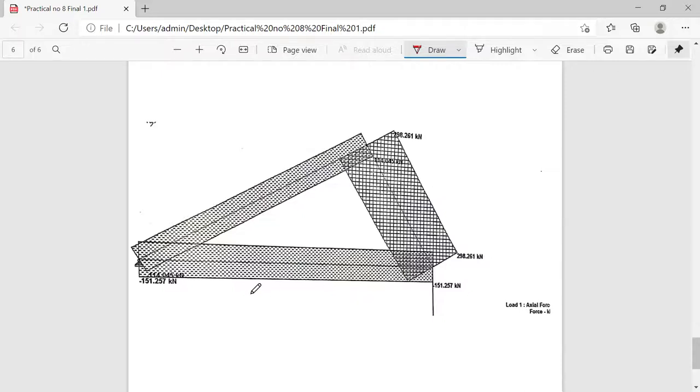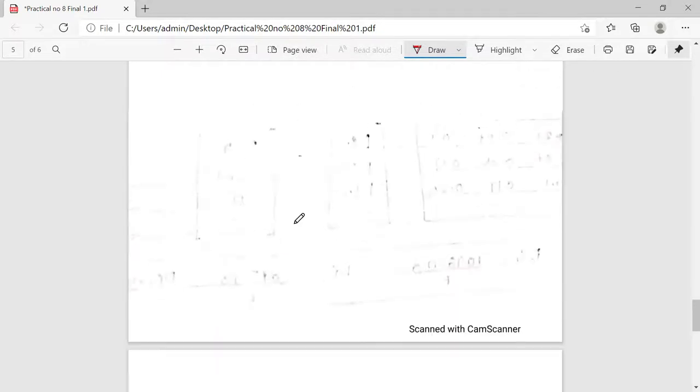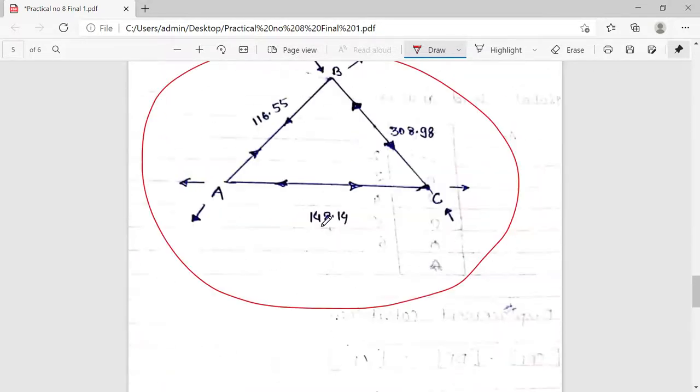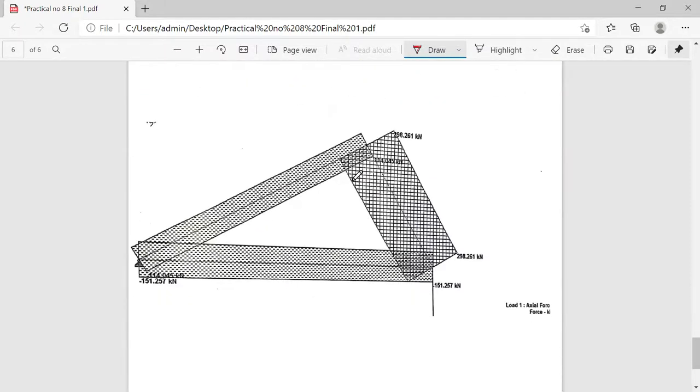So if you see in your manual calculation, the bottom member, that is a tie member, the value is 148, whereas for STAAD it will be minus 151. So the value will be somewhat different.